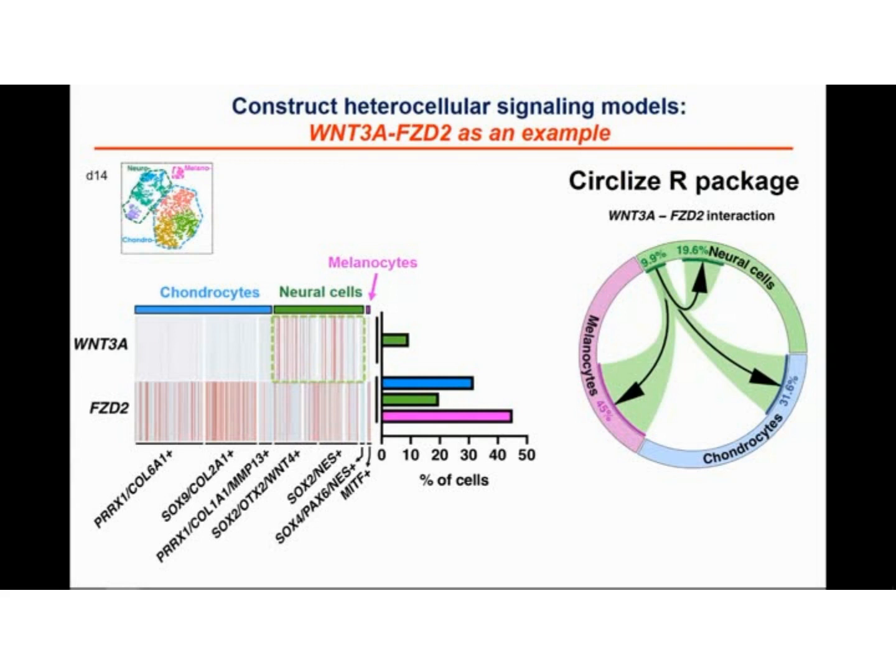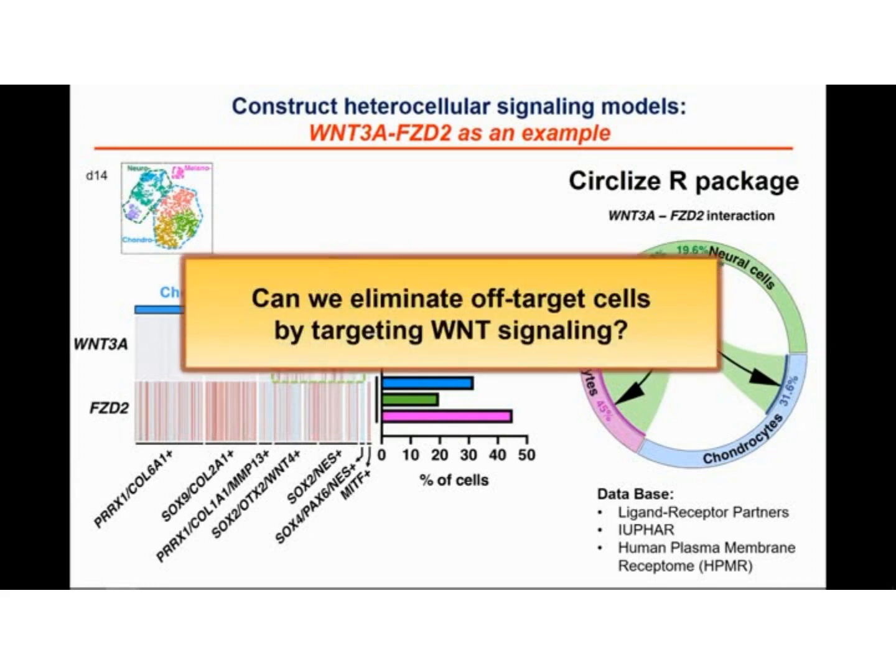Now, there are several databases where you can find ligand-receptor partners. All these databases are manually curated, because every year new publications pop out, so they will update these. So with this information, we then ask the question, can we eliminate our off-target cells by